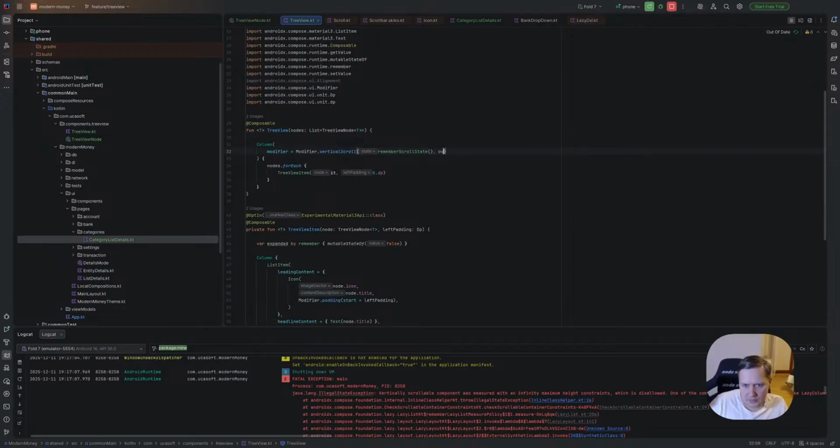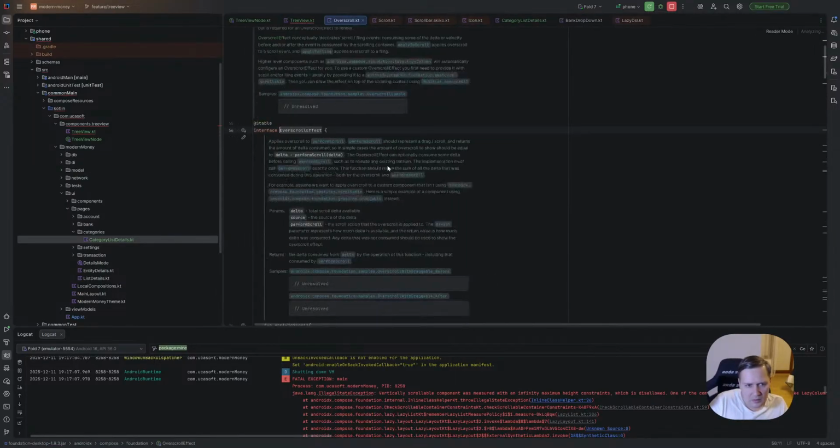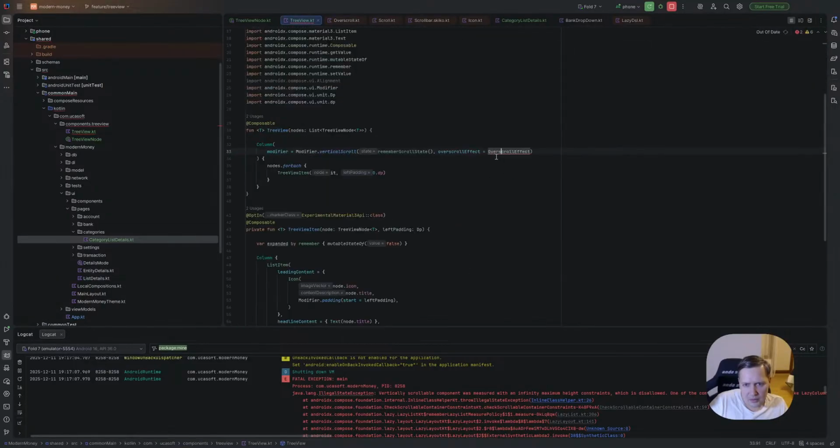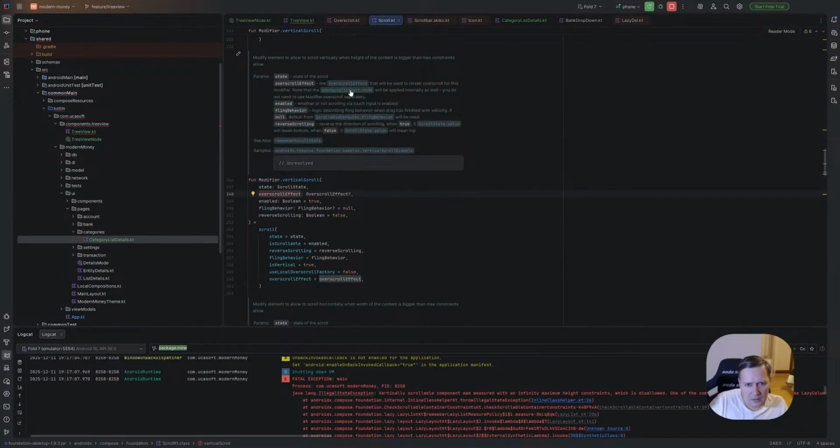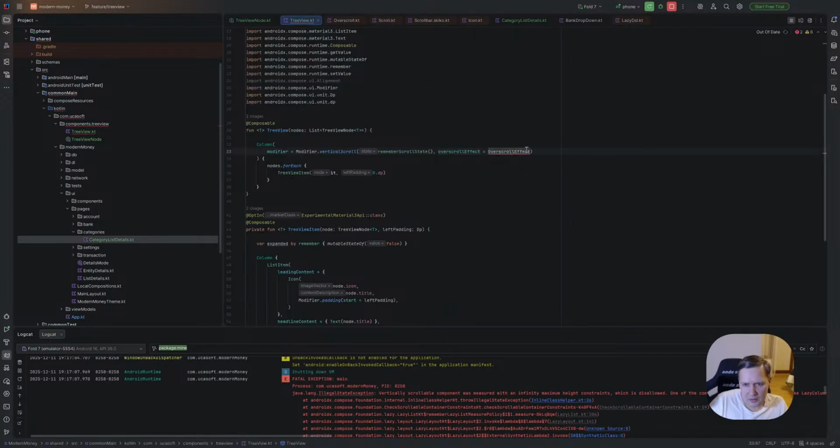Have as overscroll effects. All of bounds. What is this? I have no idea. Overscroll effect is an interface. Overscroll effect node.